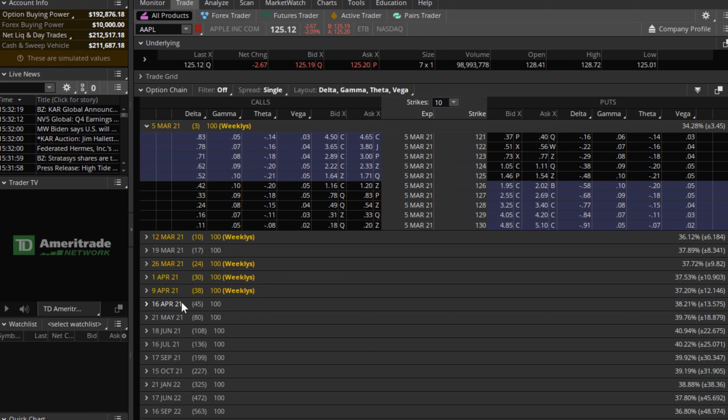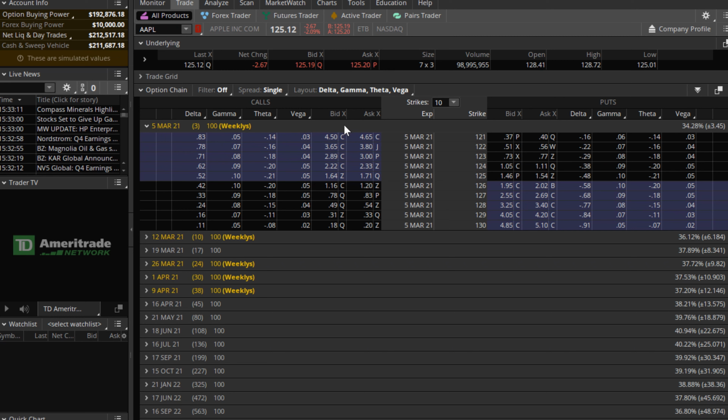Weeklies are less traded than monthlies, so there's a lot more volume in the monthlies. And so you typically can get better bid-ask spreads in the pricings that you have. Right here it shows you the bid and the ask, and typically in order for you to get filled, you will have to put in an order that is in between the bid and the ask